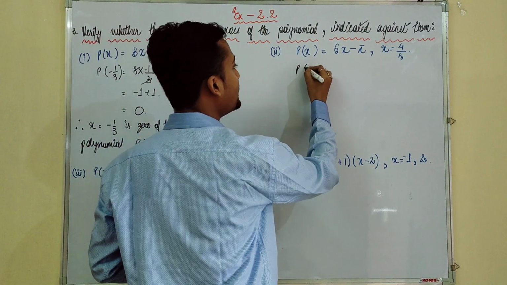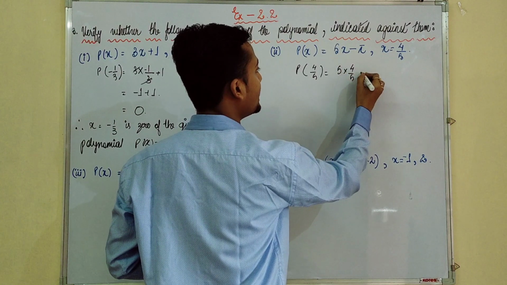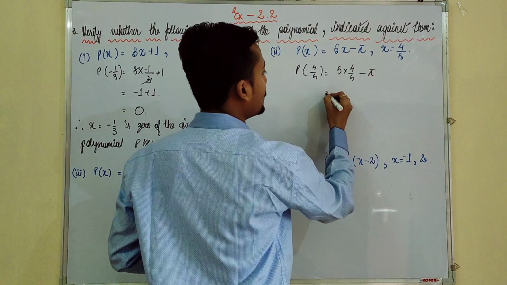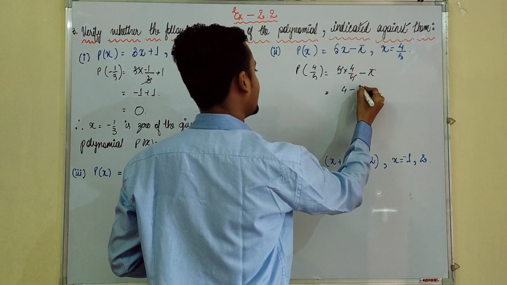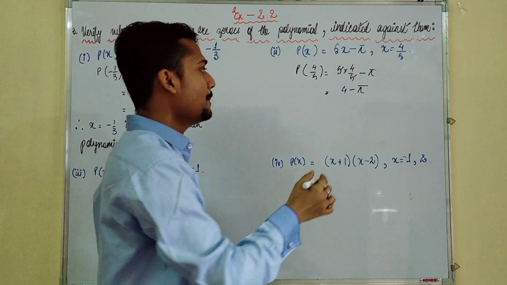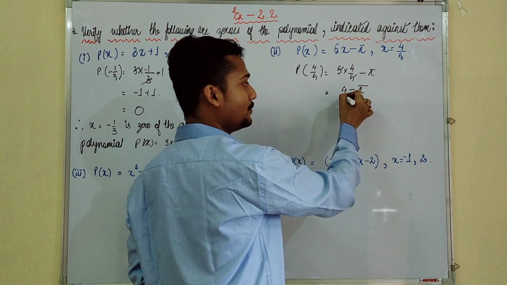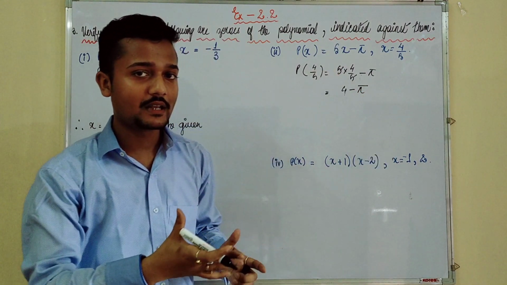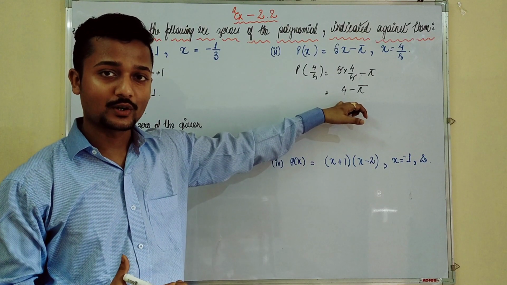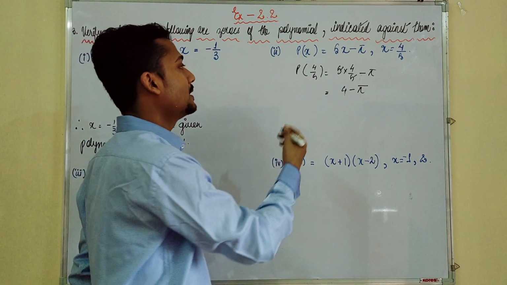So here it will be P of 4 by 5 is equal to 5 into 4 by 5 minus pi. So 5 cancels, 4 minus pi. Now I will not try to find out the value. Why? Pi, as we know, is not equal to 4. That means even if we write down the value and find out the solution of this part, it doesn't make a change for us. So we will not be getting a 0, isn't it? So what can you write?